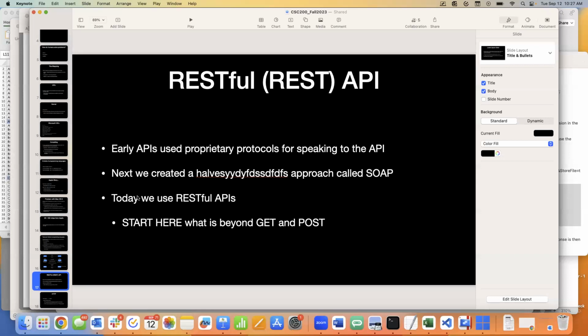Okay. Again, still an improvement over what it was before that, where every single API just invented their own way of talking to it, right? So if you went back to before we had any sort of SOAP standard, if I was talking to the finance.yahoo API, they would have their own proprietary language that I would have to use for requesting getting data from them. And then if I went to Google's finance API, they would have a whole different made up language for talking to their stuff. So for every API, I'd have to rewrite a majority of the code to talk to them using a different language. I'm talking English over here. I'm talking Portuguese over here. This guy requires German, so on and so forth.